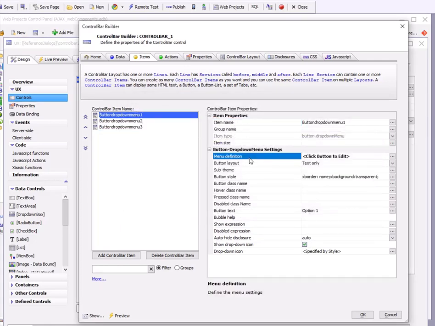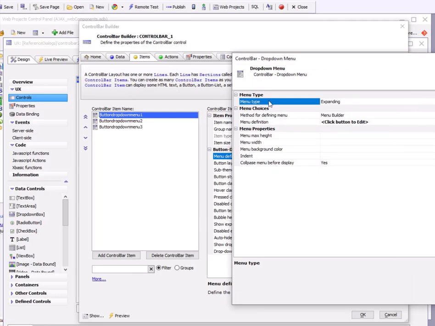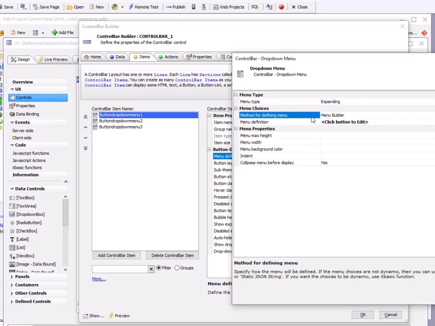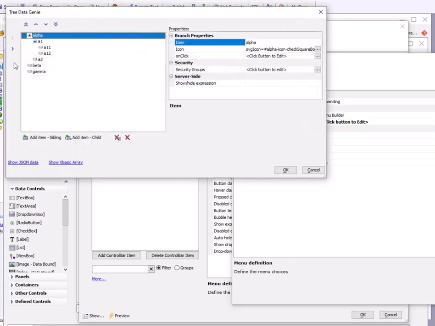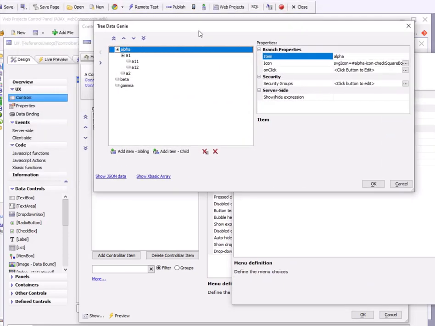So the first one over here, you can see that our menu type has been set to expanding. It can also be set to cascading, so we've got expanding menus. Then the method for defining the menu can either be the menu builder, or it can be a static JSON string or an XBasic function. So the menu builder brings up a builder here that lets you very easily select a complex menu structure with